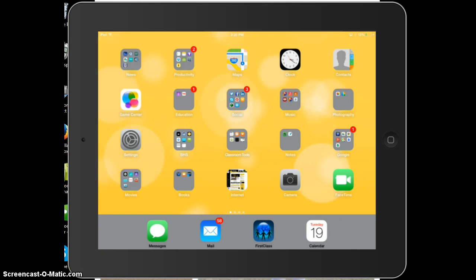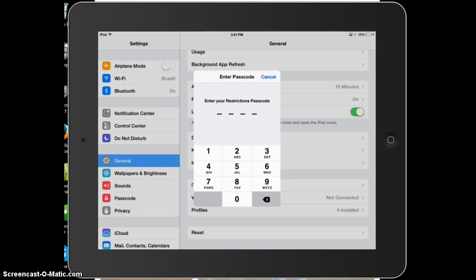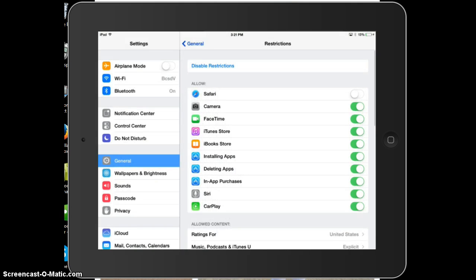So this is a great way to shut off Twitter, shut off Facebook, other apps, gaming apps, Messenger, things like that that you don't want disturbing them while they're working on their academic homework. I'm going to go back into my settings and turn that back off so that I can see my Safari. So those give you some different options of things that you can restrict while they're working on their coursework at